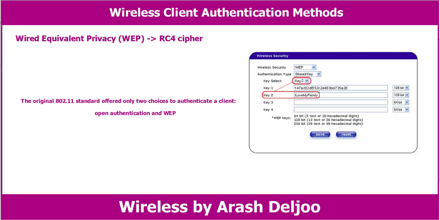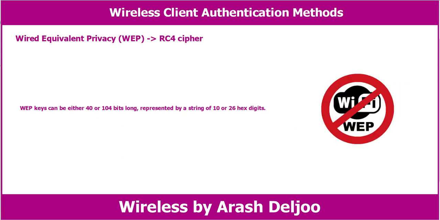WEP is known as a shared key security method. The same key must be shared between the sender and receiver ahead of time, so that each can derive other mutually agreeable encryption keys. In fact, every potential client and AP must share the same key ahead of time so that any client can associate with the AP. The WEP key can also be used as an optional authentication method as well as an encryption tool. Unless a client can use the correct WEP key, it cannot associate with an AP. The AP tests the client's knowledge of the